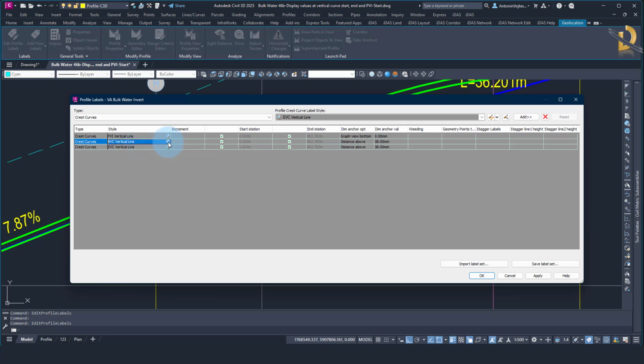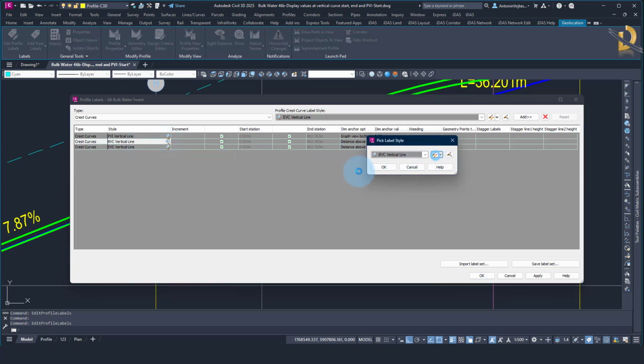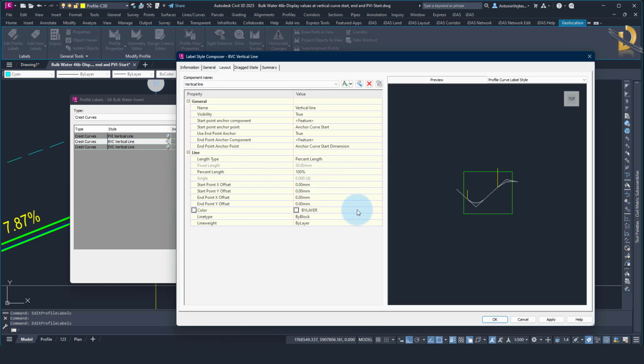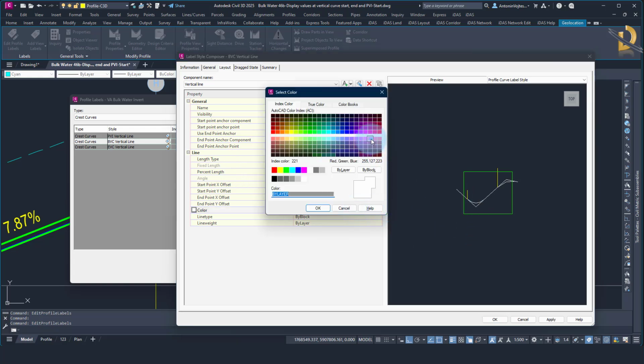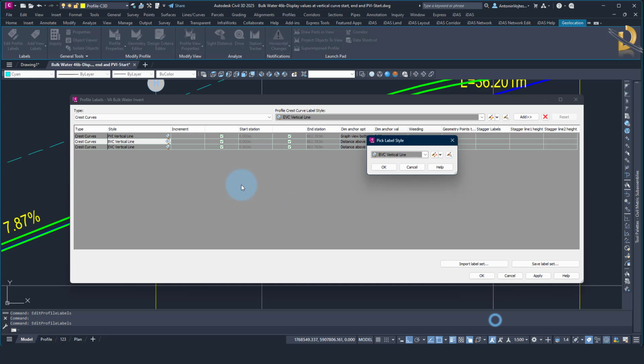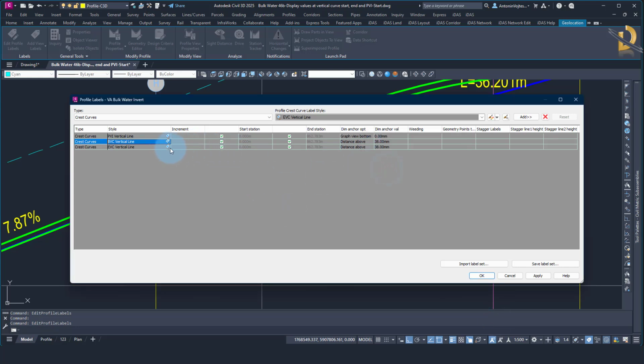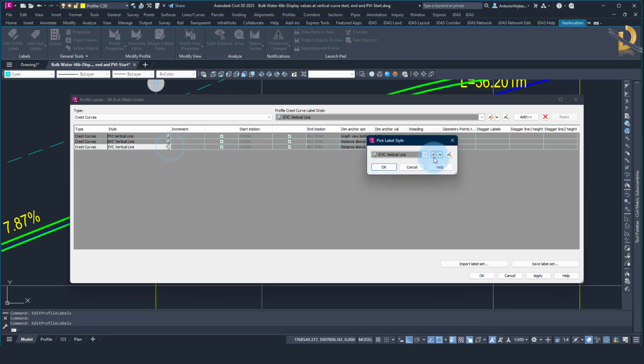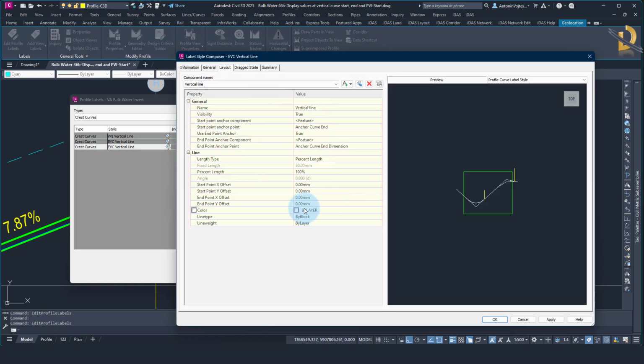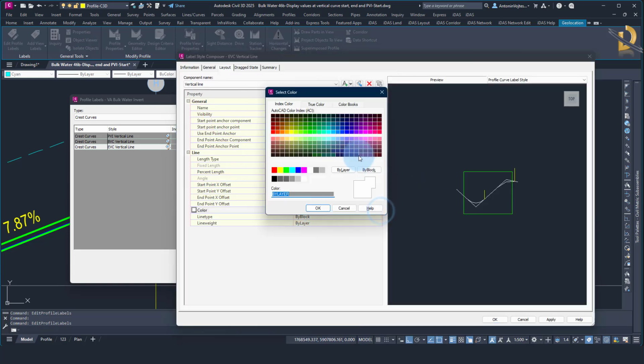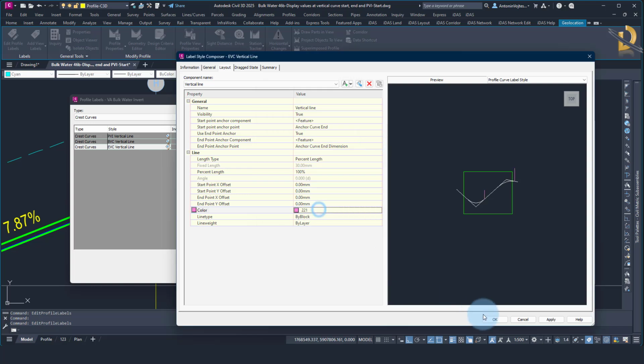So I will change the color again. You don't need to do that. It is just for you to see the result. So I'm going to change the color to be pink. And I will do the same for this one. Again, color to be pink. Okay,